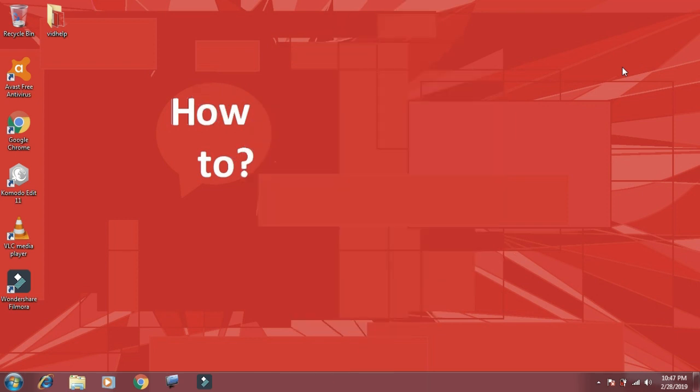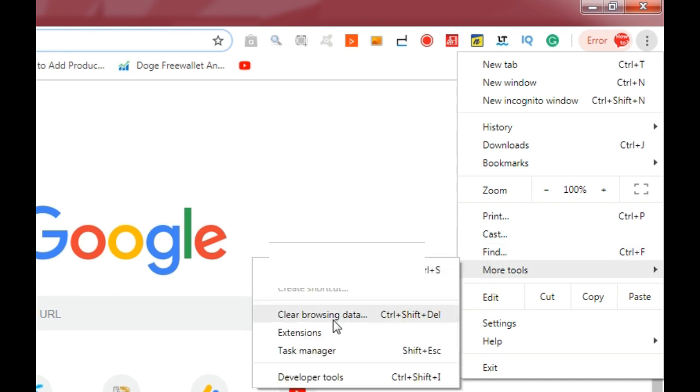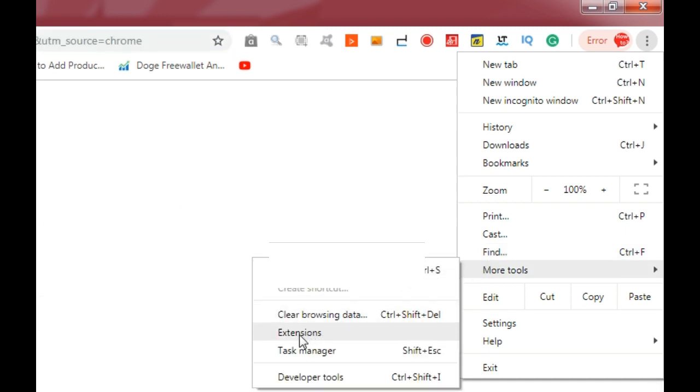So let's start. Okay, the first option we have is to check for a newly installed extension in Google Chrome. Maybe a newly installed extension is causing the problem. So open your Google Chrome and click this three dot icon. Now click more tools and extensions. So I will click the extensions,